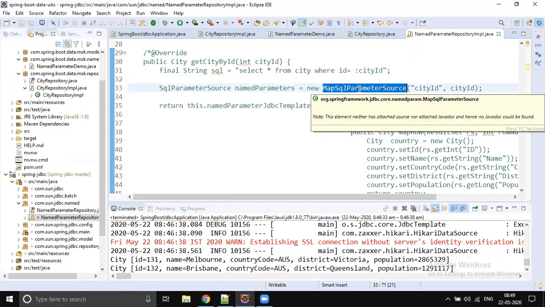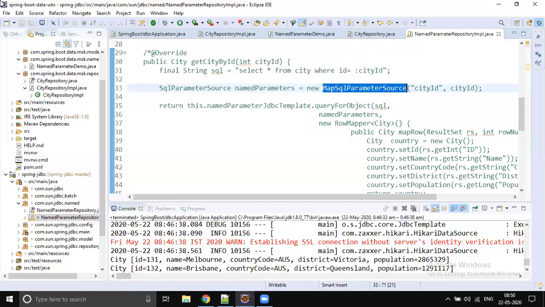Both will work, in the same way that hash map works. This is another implementation of map, mostly the same. So with this, we are done with the named parameter JDBC.